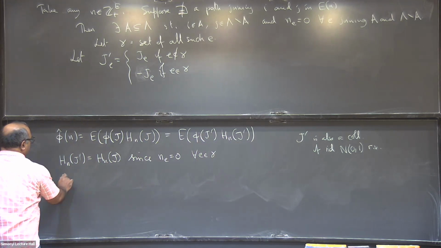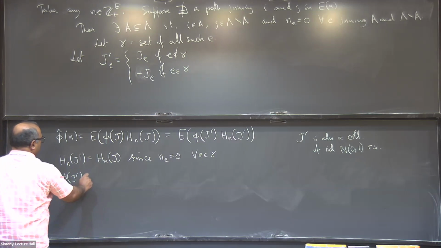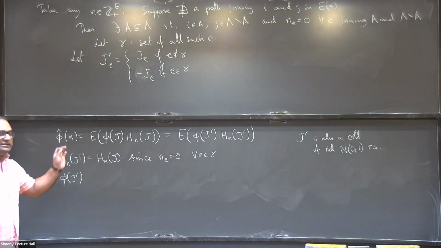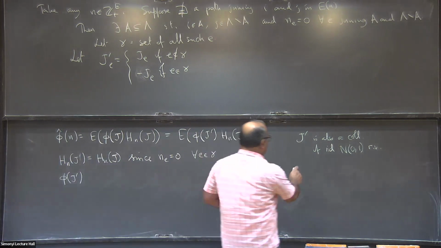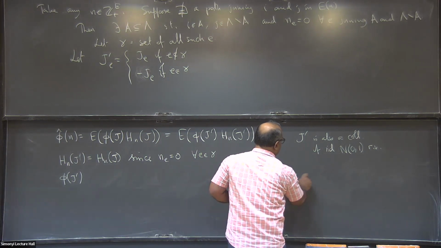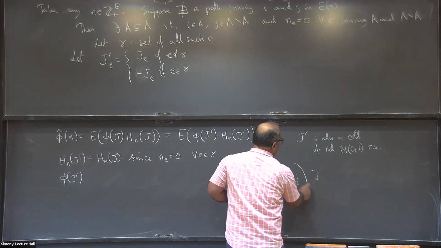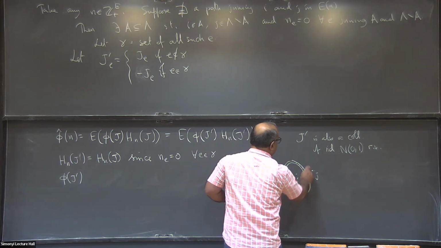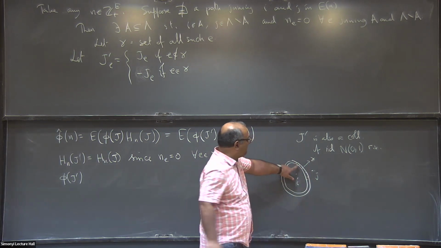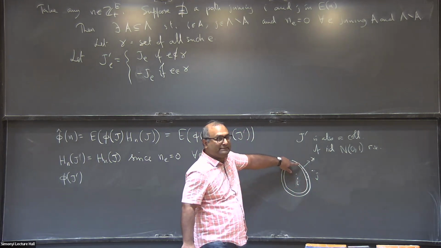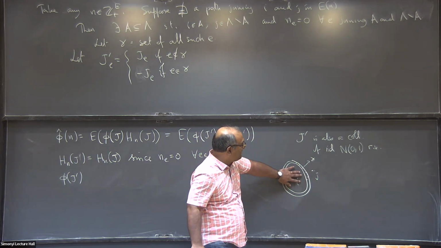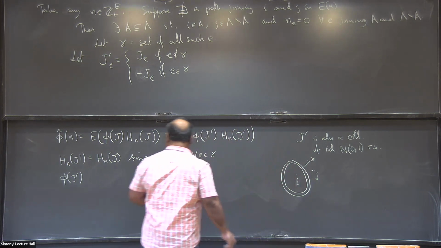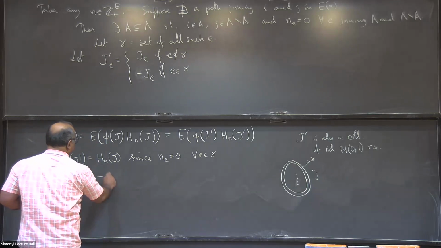And finally, what is phi of j prime? Okay. So phi, remember, is a product of the ground state spins in I and j. Now, if you take here I and you take here j, and you take this contour separating them, so this is your gamma, and you reverse the sign of all these couplings, what happens is that the new ground state is just to flip everything inside. Okay, that gives the new ground state. So phi of j prime is minus phi of j.